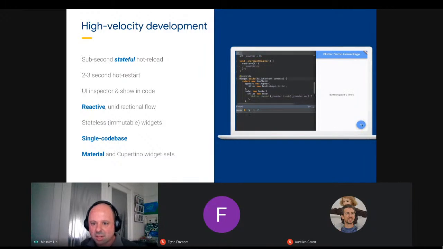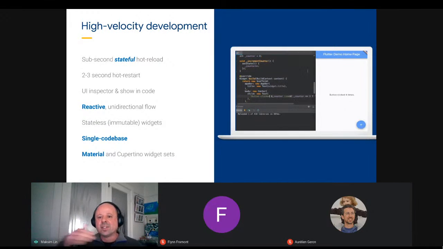So for instance, I think what this animation shows is the text being changed. What that allows you to do is very rapidly iterate and make lots of quick, small changes to your app and see it happening live, but also without restarting the state of your app, which means you can be, say, working on a screen that's 2 or 3 levels down in your app.